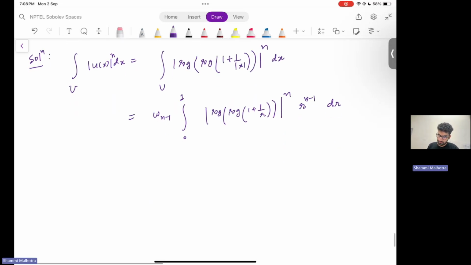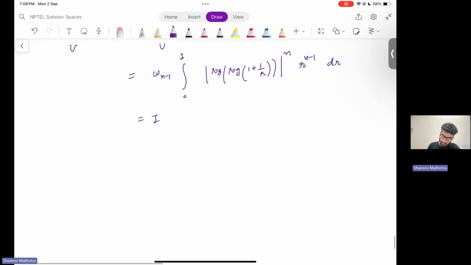So this integral, let's name it I. So I is finite